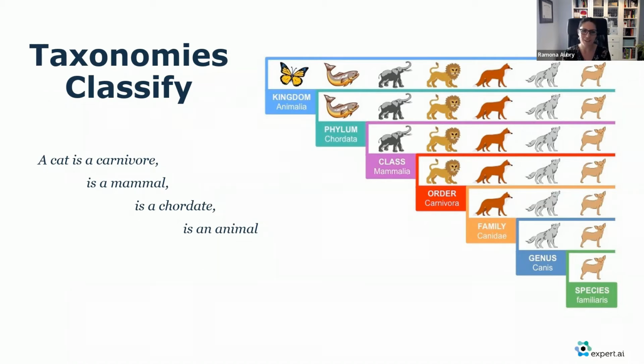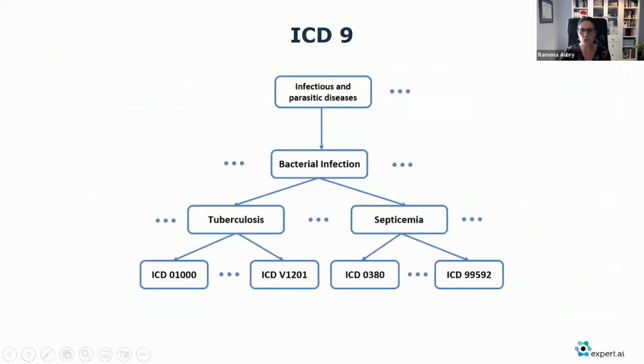And I have here a very easy example, which I know has been probably seen by most of you when it comes to the original taxonomical classification. So we have a cat that is a carnivore, a mammal, a chordate, and an animal. And obviously, we have for each domain different ways to visualize taxonomies. We can design taxonomies for a domain where we're looking to provide a comprehensive view of that domain, from broad to specific, or the other way around. And here we have an example from the medical domain with a subset of infections and parasitic diseases.